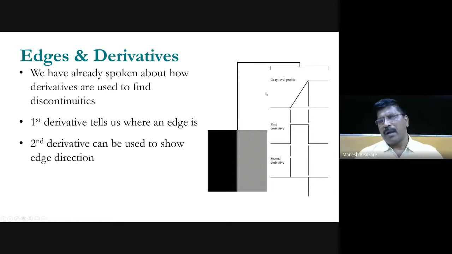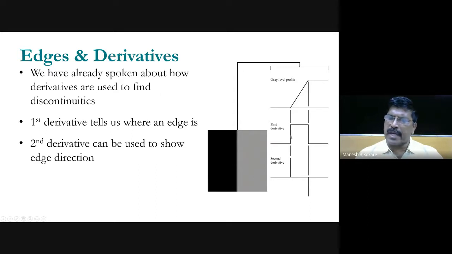Suppose, for example, this is an edge whose gray level is like a ramp kind of function. So if you consider the second image, you get the gray level profile of that image like this. Now if you take the first derivative of this gray level profile, you get a function like this. The difference here is 0. Then the difference changes and it is a constant change in this region, and again the difference becomes 0 here. So your first derivative will be this kind of function.